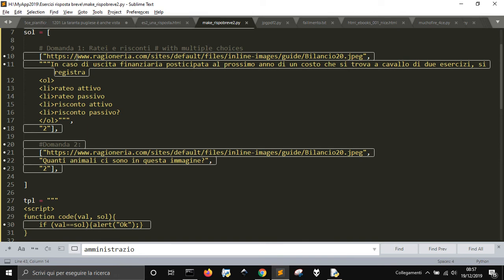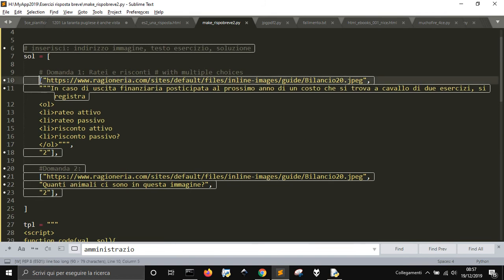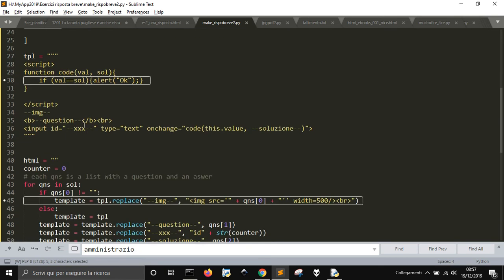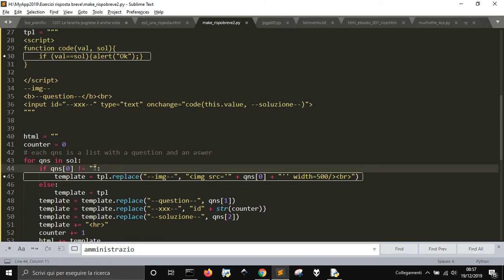In the first list, we know that it is this QNS variable that contains this thing here, and so QNS0 will be the address of the image. QNS1 will be the text to explain the question practically, and QNS2 is the answer. So it will go, and if there is no image,